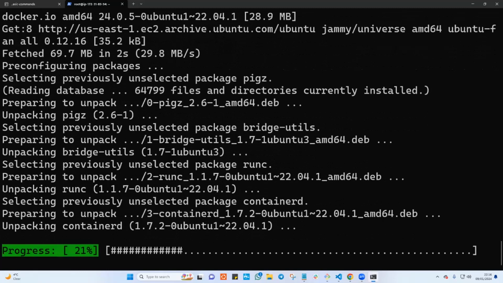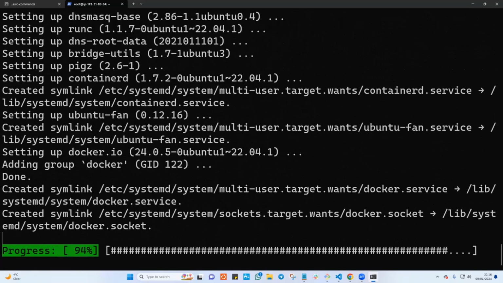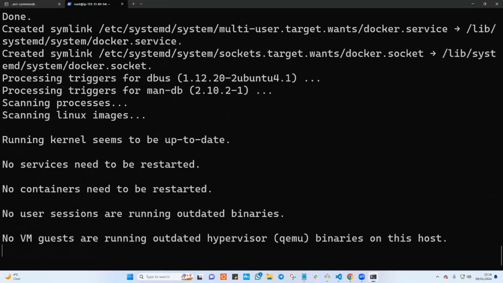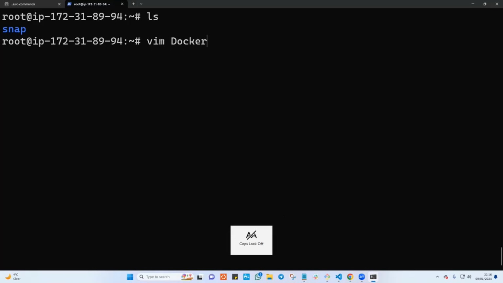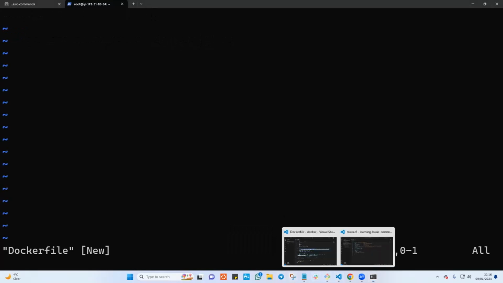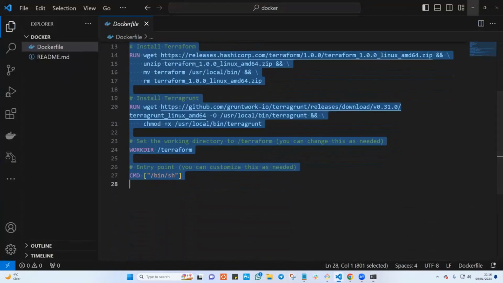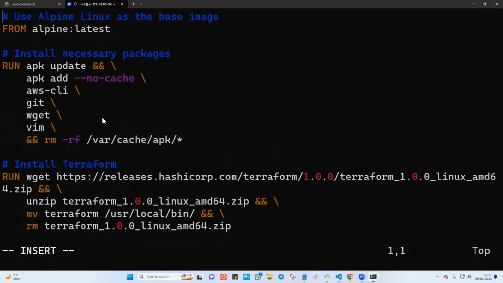And the Docker installation is going through. When this is done, we'll go ahead and create a Dockerfile. I'm going to build that Dockerfile and create an image that we will use. This looks good. I'll go ahead here and say vim and create a Dockerfile. Hit enter here, and let me copy that Dockerfile and paste it here. Just press I to move to insert, scroll up, make sure that everything looks good, and I'll go ahead and